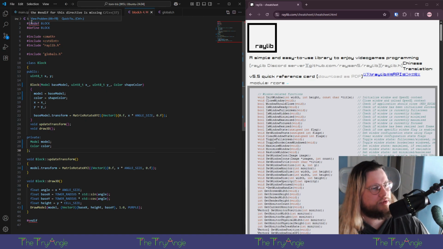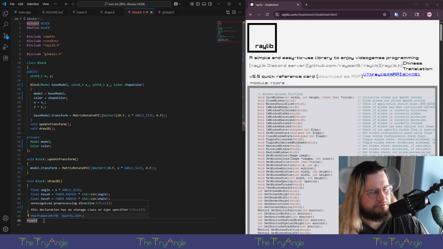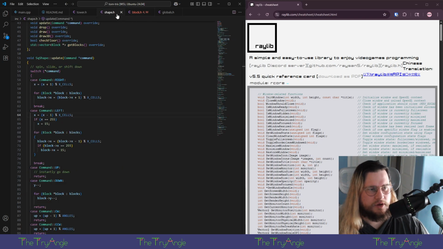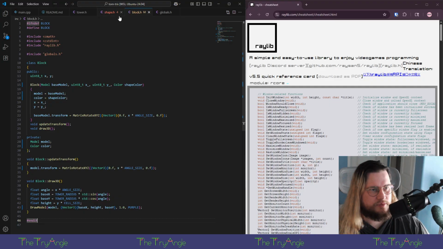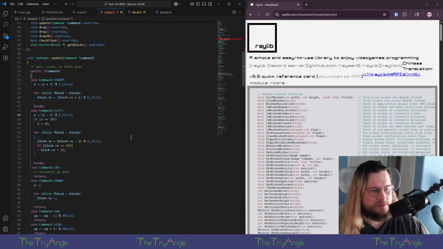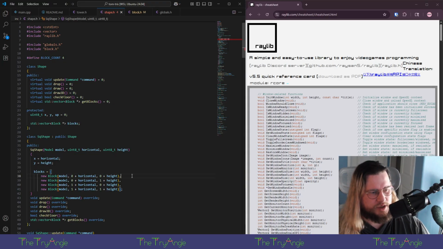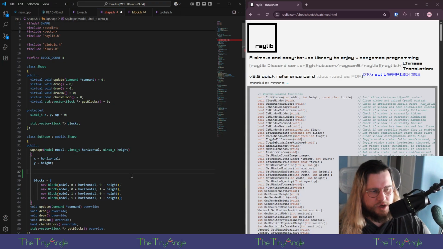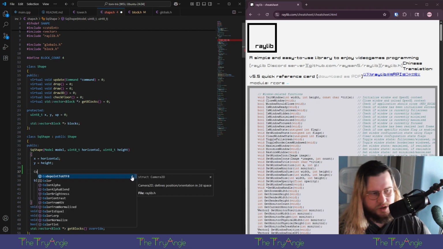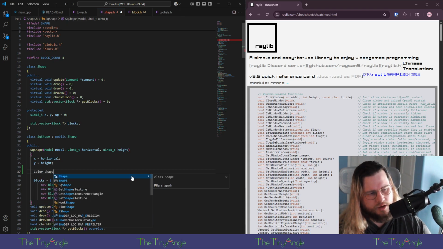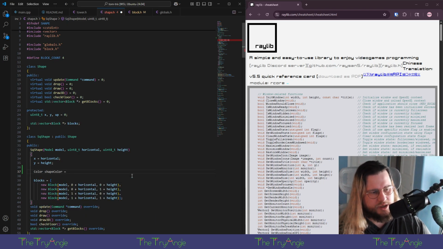And if the end of directive is missing, I wonder if it's a bit of a problem with how it's doing things. But we do need a new color, so let's say our shape color is